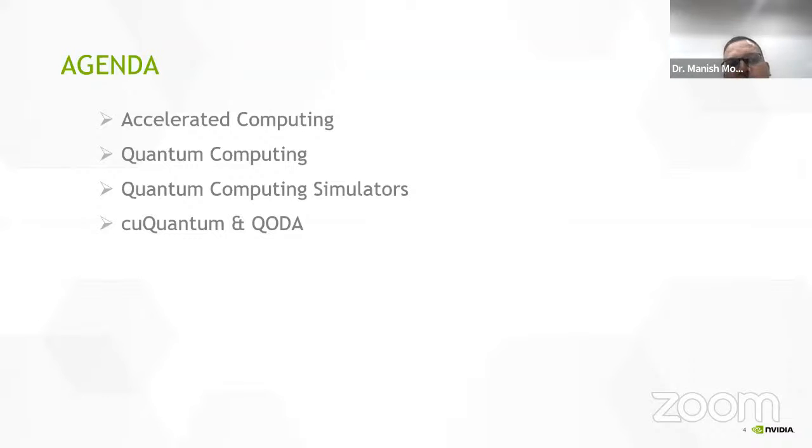Then I would like to talk about quantum computing simulators, what's the need and what they are doing. There are quite a number of simulators available, and I will discuss what NVIDIA is doing in that domain, where we came up with an accelerated platform, cuQuantum and CUDA Quantum, where we get accelerated performance of these quantum computing simulators or frameworks using the NVIDIA ecosystem, right?